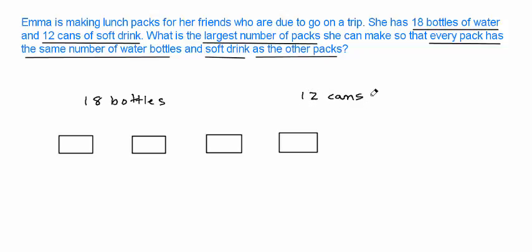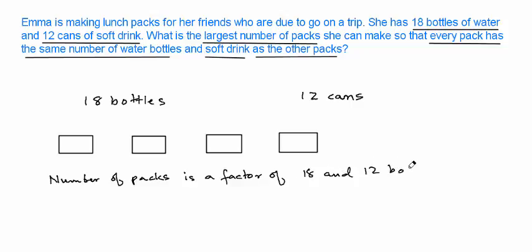After all, the 12 cans would have to fit into the 5 packs or whatever that number is without leaving any number of cans in the end as a remainder. So we could say the number of packs is a factor of 18 and 12 both. And now if you come to think about the factors of 18, we have 1, 2, 3,